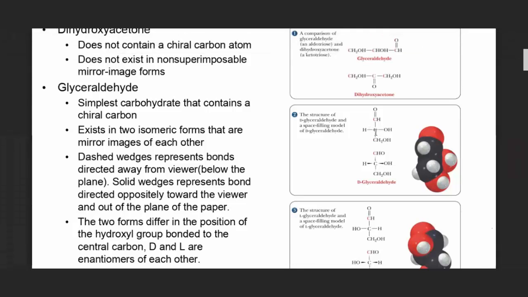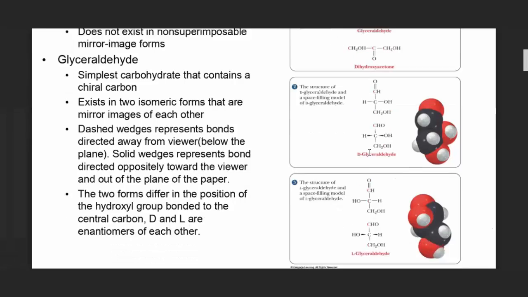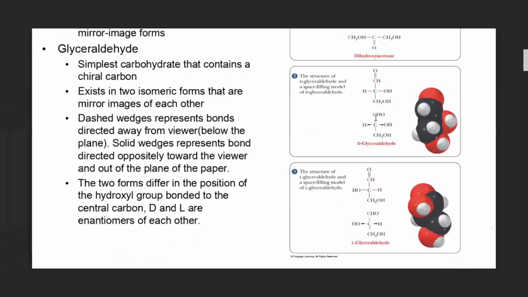Now, this carbon here in the middle is chiral because it is surrounded by four different groups. That's why it can exist in two forms that are mirror images of each other but non-superimposable. Now, the dashed wedges represent bonds directed away from you, the viewer, and solid wedges are out of the plane of the paper. Now, we have two forms, D and L,